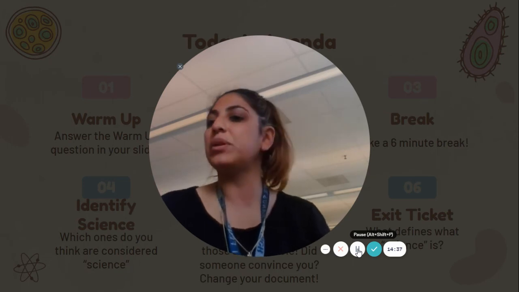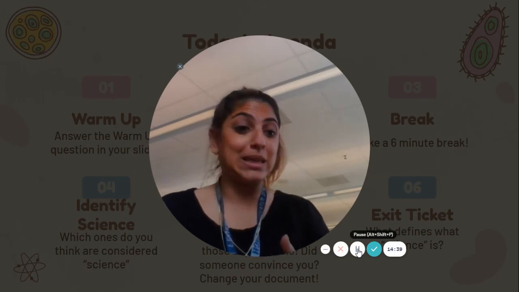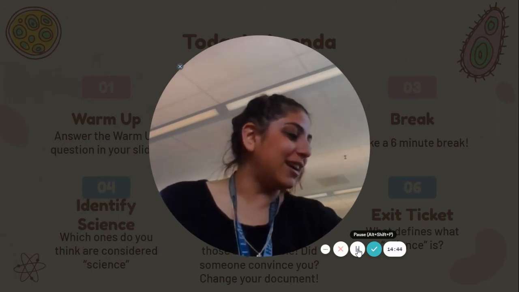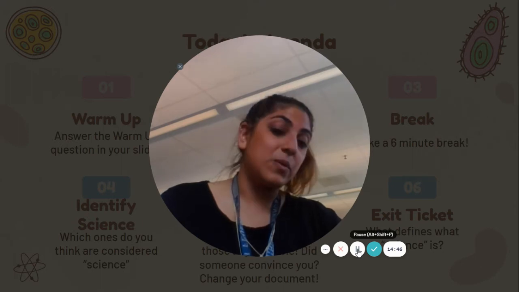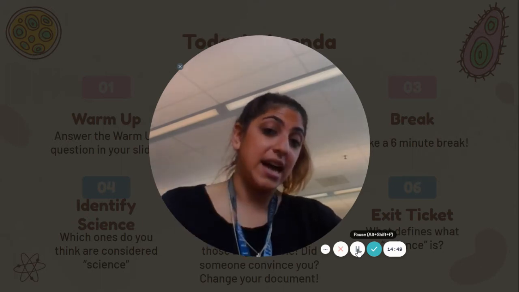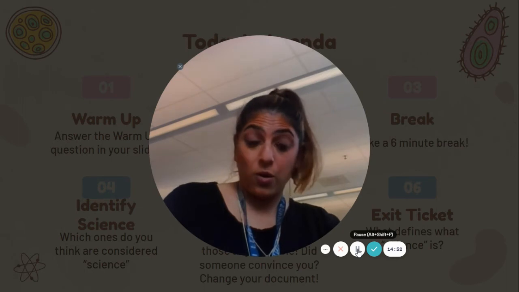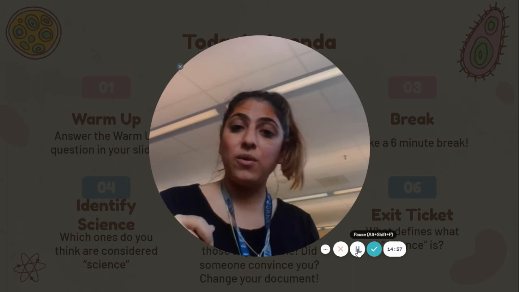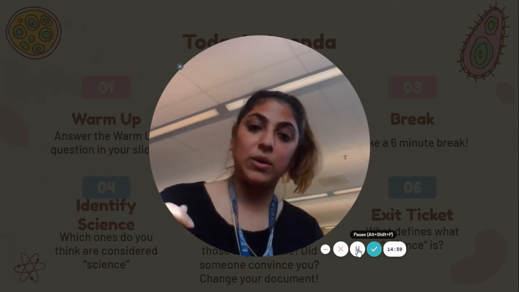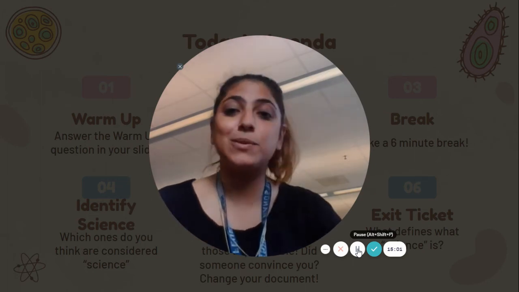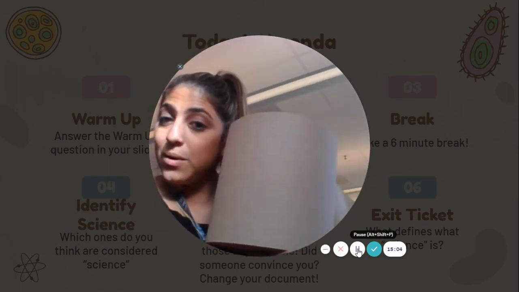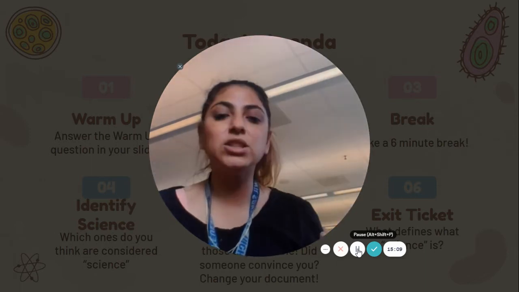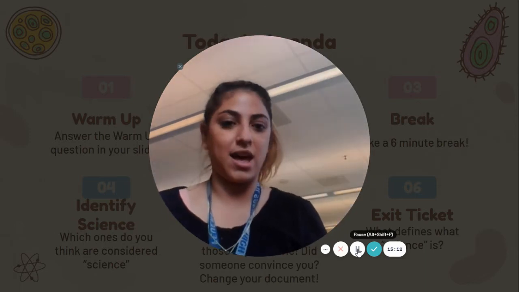I'll take out the plates, and the plates will be ready for you in the morning. So just make sure that you are putting everything away, and put the milk back into the ice bucket because it needs to stay cold. If anything spills, to clean up, you're just going to pour your plate out into the sink, and then throw the plate away. There's a reason why I have this jumbo paper towel roll for you to use to clean up. So please do not leave your station without cleaning up.